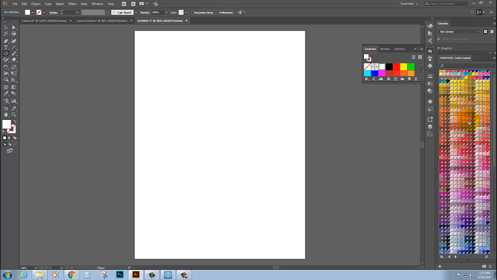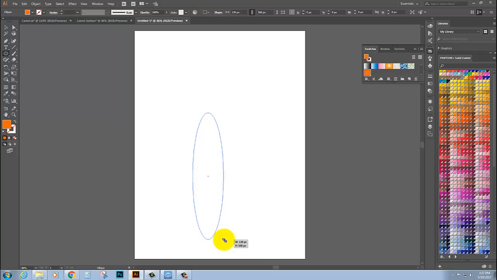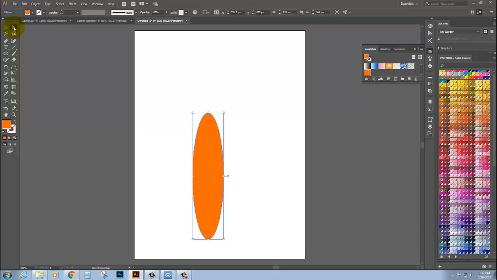So let's choose a nice golden orange color like this, and then I will simply click and drag a long skinny oval, and now I want to adjust this so it looks more like the shape of a carrot. So with the direct selection tool, which is the white arrow, I'm going to click directly on this little blue square, which is called an anchor point. I'm going to hold down Shift on the keyboard and click on this little blue square too. Then I'm going to simply drag those up to the top